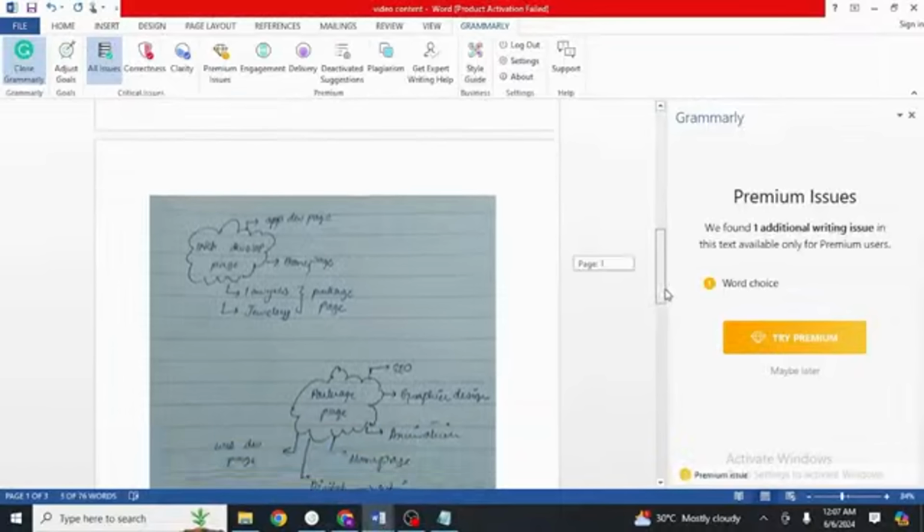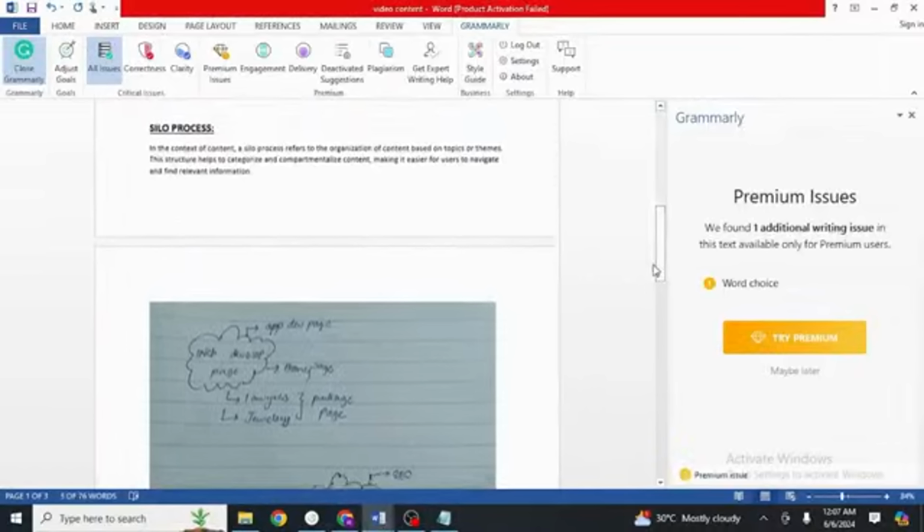Next is the silo process, or we can say hub process. It is basically something we prepare before creating any blog content. So what does this mean? The silo process is basically a structure of our content: how we will be interlinking things, how many pages there should be, what page will contain what content, what the sections should be, and so on.